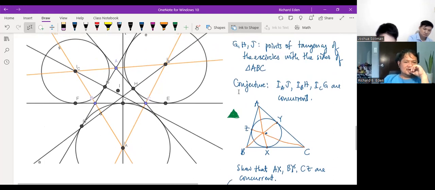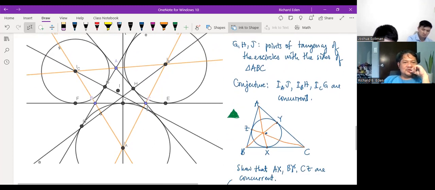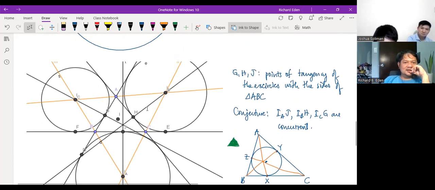Dapat ipangalan po natin itong point. Okay. Pero ito naman, back to your conjecture nung concurrency natin, ay ano ba itong IAJ, this one,